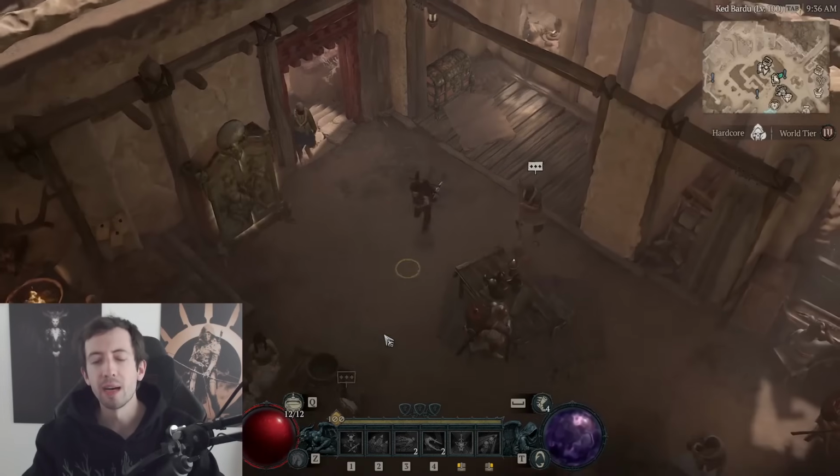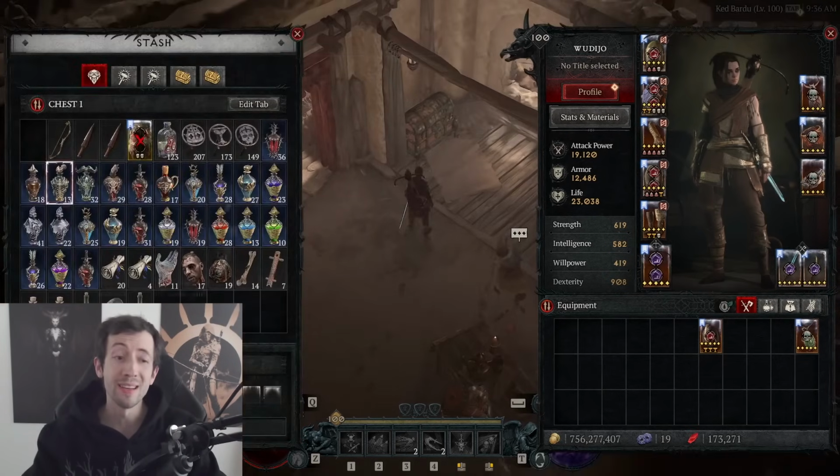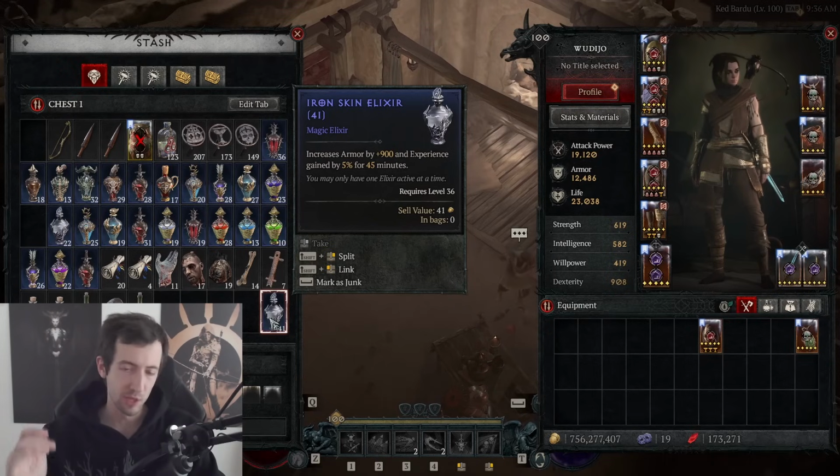So it's this plus 900 armor elixir, and maybe you can also use an incense. There's one that gives you 200 armor, but again, they're kind of limited, so you will run out of these eventually. I found a ton of Helltide. I have 41 of these elixirs here, which is a good number, but if you really want to go hard in the Abattoir of Zir, you will have to chuck these all the time basically, and eventually you're gonna